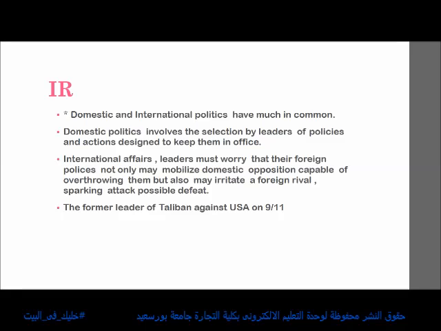International affairs leaders must worry that their foreign policies not only may mobilize domestic oppositions capable of overthrowing them, but also may provoke a foreign rival, sparking attack and possible defeat. And this is like, the